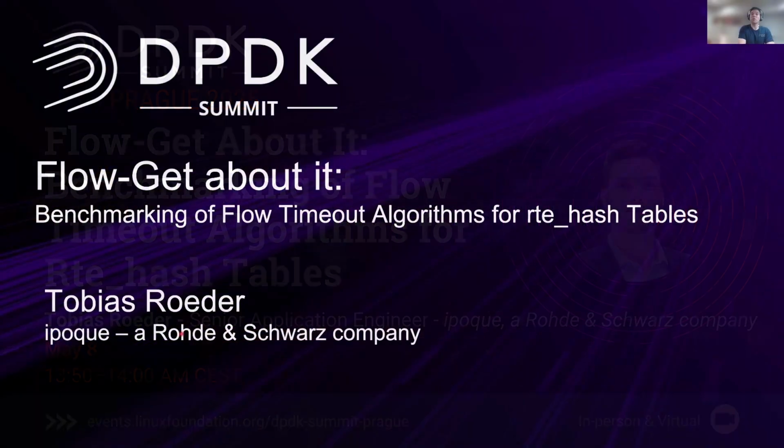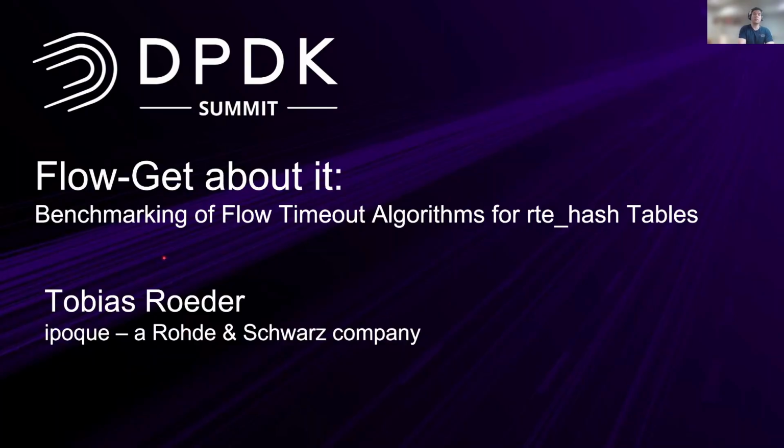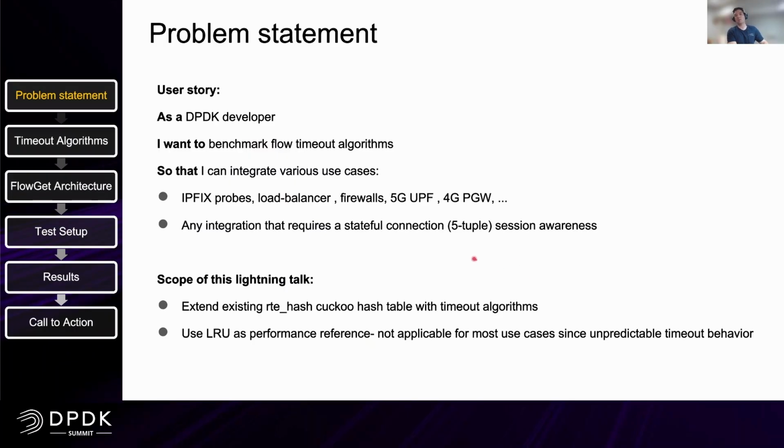I work for Rohde & Schwarz, and today's topic is "Forget About It: benchmarking of flow timeout algorithms for RTE hash tables." The user story is quite simple. As a DPDK developer, I want to benchmark different flow timeout algorithms so that I can integrate various use cases